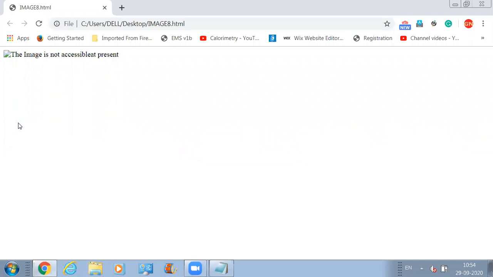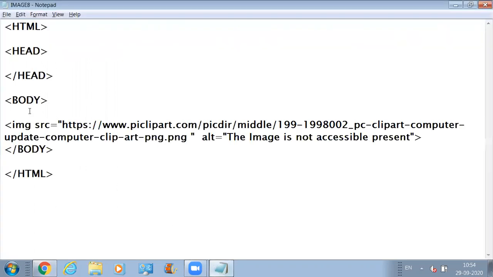CSS stands for cascading style sheet. When we study cascading style sheet, at that time I'm going to tell you, or else I will tell you when I discuss images in a table cell. Come on page number 148. Sir, okay, let me tell you this thing, one second. Excuse me sir. Come on page number 148.